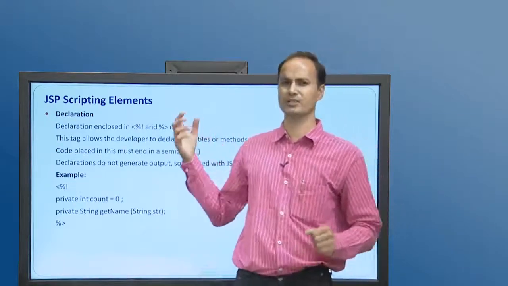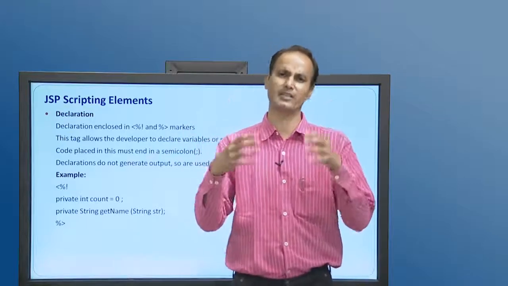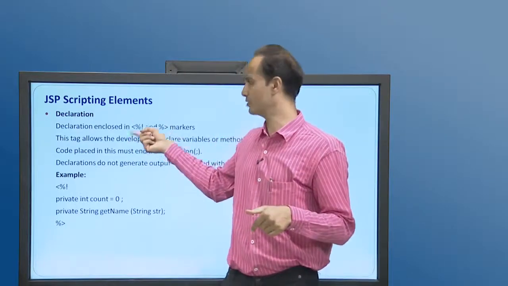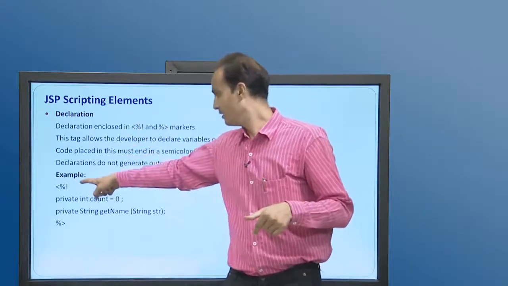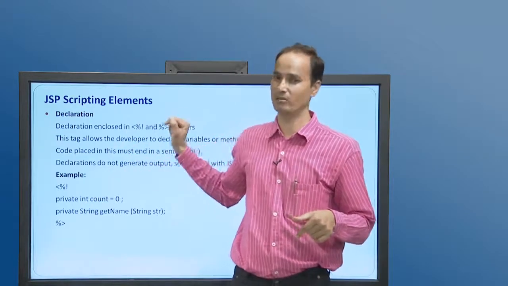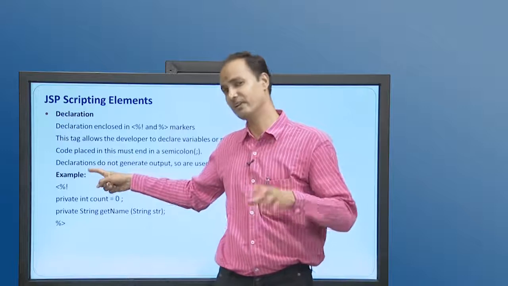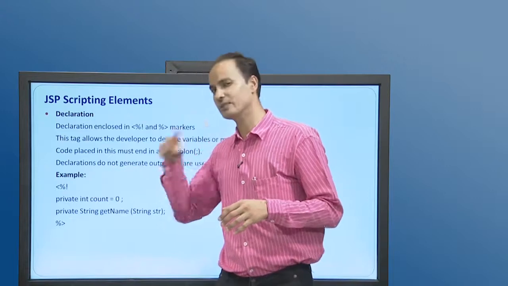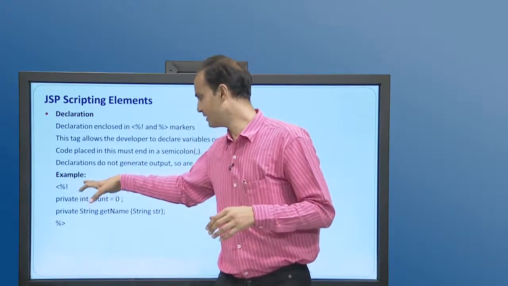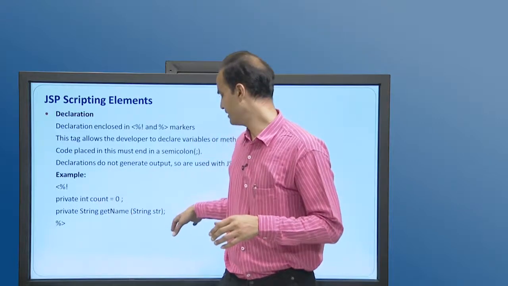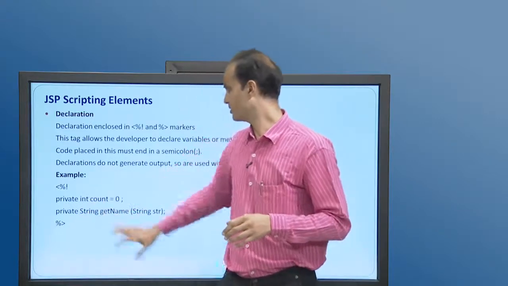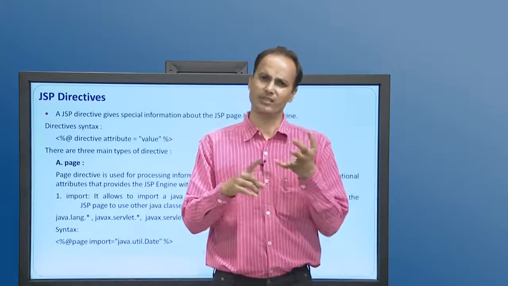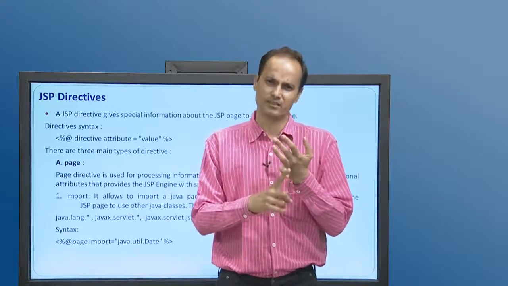Then declaration comes. As I told you, in simple Java programs we are declaring the variables, in the same way in JSP we can declare the variables using the declaration block. So, the declaration block starts with the less than, percentage and exclamatory sign. Make it very clear that each and every scripting element has a different signature. The declaration starts with the exclamatory sign. So, if the exclamatory sign is there, start with a declaration, initialize it, okay, and then after that you can close it.